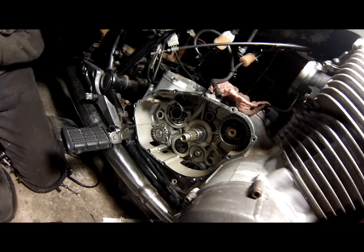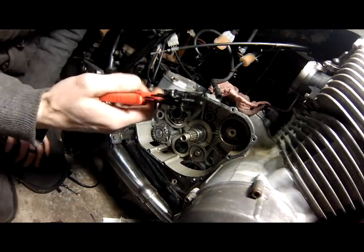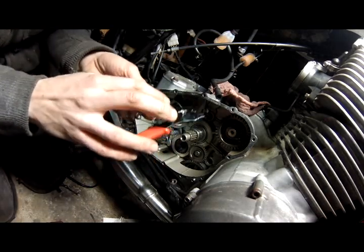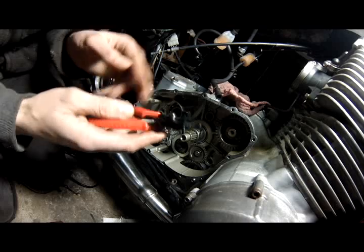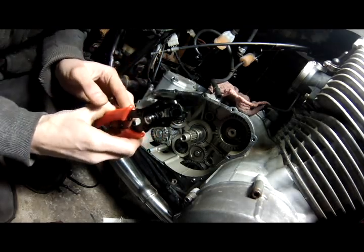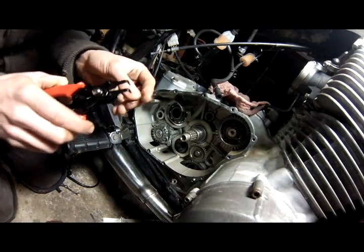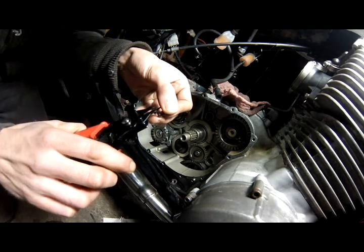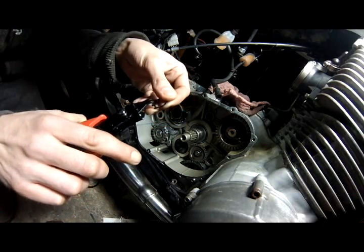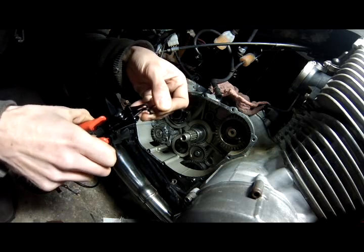Alright, my batteries went dead, I just couldn't hit the button right. I don't think it makes much of a difference. But I've got my circlip tool, I just ordered it. It's one of those where you can flip it and change it to make it a pull or open prong one. And the only thing I can hope for is that it actually fits inside the holes. It's tight. Oh my gosh. I might have to...